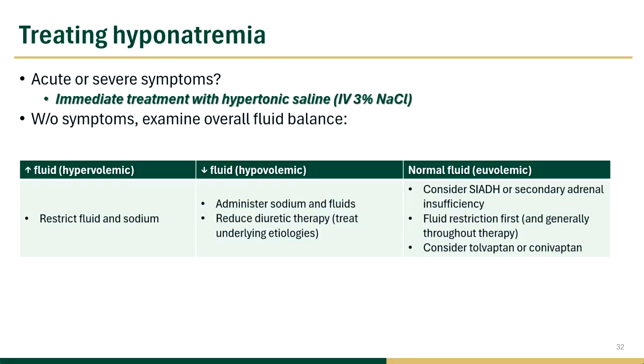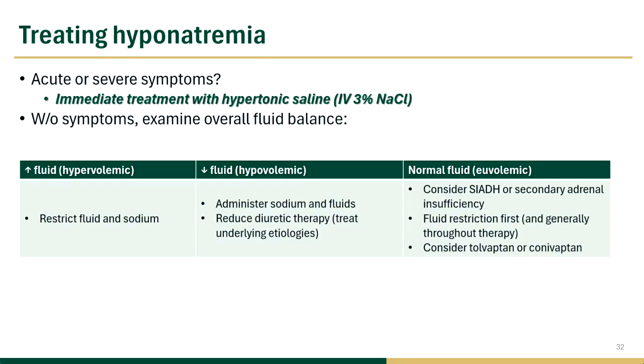If they don't have those acute and severe symptoms, then you would look at the fluid balance like we talked about before. So if they were over in fluid, then you would consider restricting their fluid and their sodium, because over the course of time they will start to eliminate it if you don't continue to administer it. If they're low in fluid, so that means they're hypovolemic, then you would administer sodium in fluids. And if they perhaps were on diuretics, which is not that uncommon, then you would consider reducing temporarily the diuretic therapy. Or if they had an underlying disease state that was accelerating the activity of the diuretic, then you would